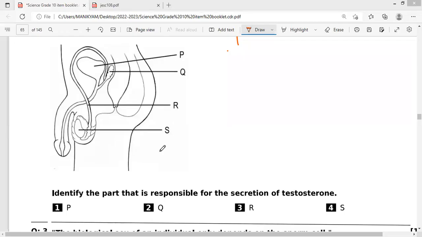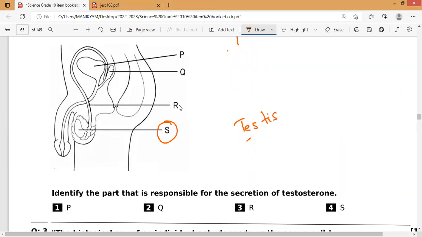So that is why we can say, so what is the correct part? It is the one which is represented in the picture. If you notice, what is the part exactly? Everybody, P, Q, R, S. What is the correct one? All of you? Yes, that is the correct one. So what is that called?